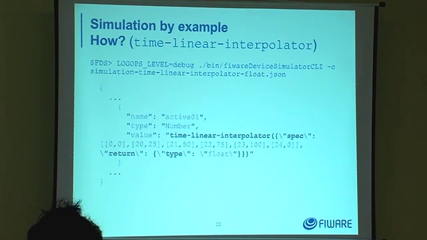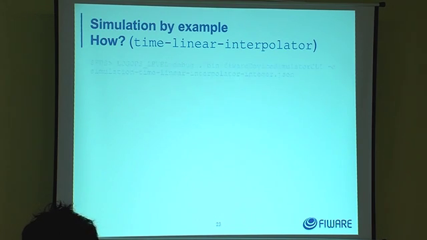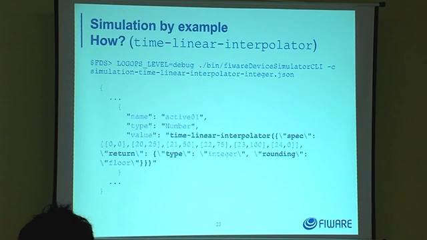Once again, we are here simulating how a container gets filled. For example, at 8 o'clock p.m., the container will get a value of 25. At 9:50, in between, it will be interpolated linearly. So basically, you can model this kind of behaviors. You can also get integer data using the typical rounding mechanisms provided by JavaScript, floor, ceil, round, instead of floats, if you need it